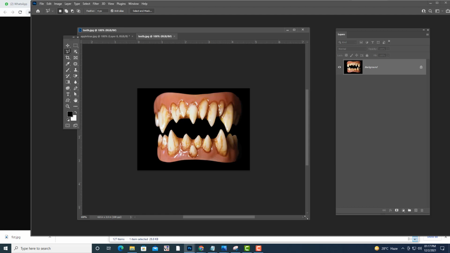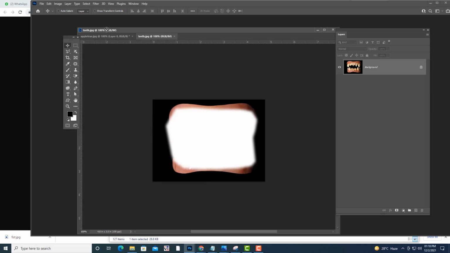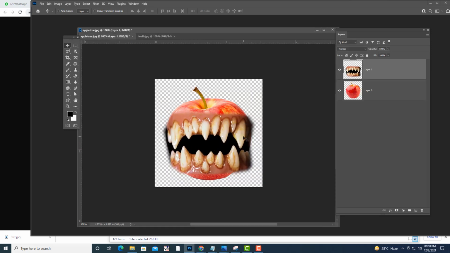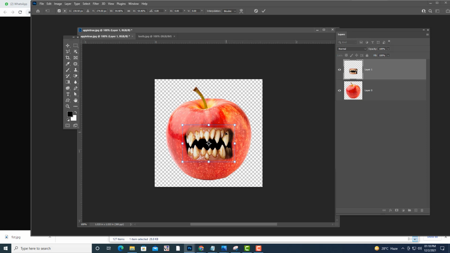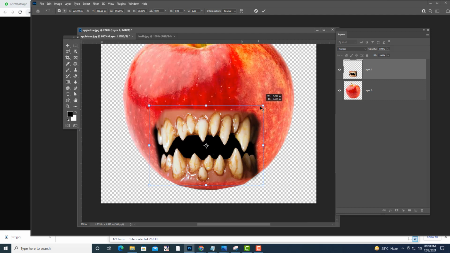This is not a human teeth. We can give some feather, and then what I can do is, let me adjust it properly.